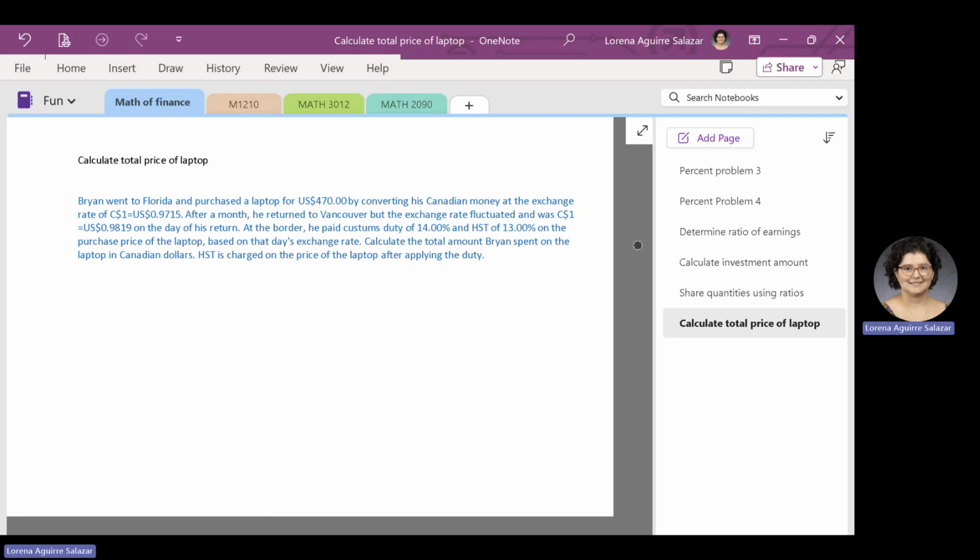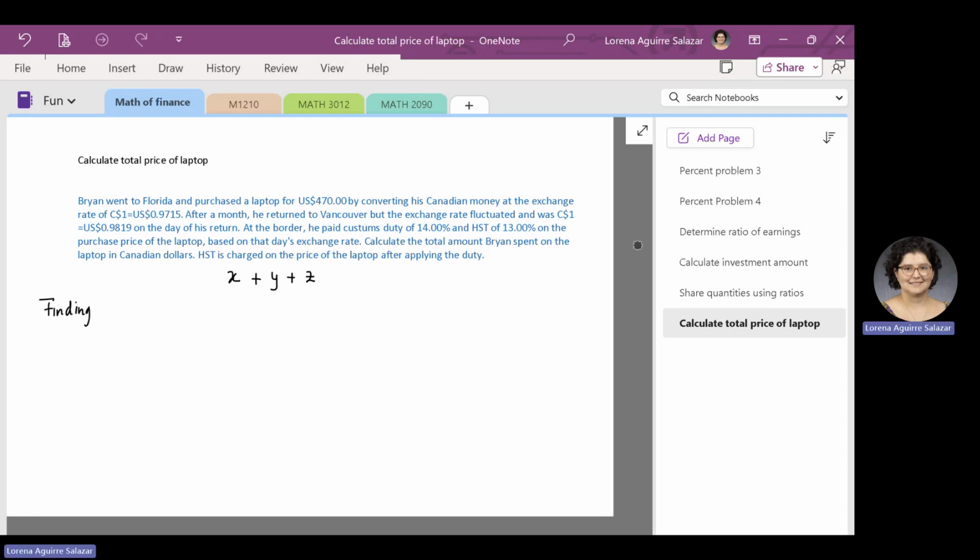To solve this problem, we need to add three quantities. The total amount Brian spent on the laptop is the addition of three things. We take what he spent on the laptop in Florida, plus what he spent on customs duty, plus what he spent on HST. When we add those three components, we get the total amount that he spent on the laptop in Canadian dollars. All X, Y, and Z are measured in Canadian dollars. Now to find X,